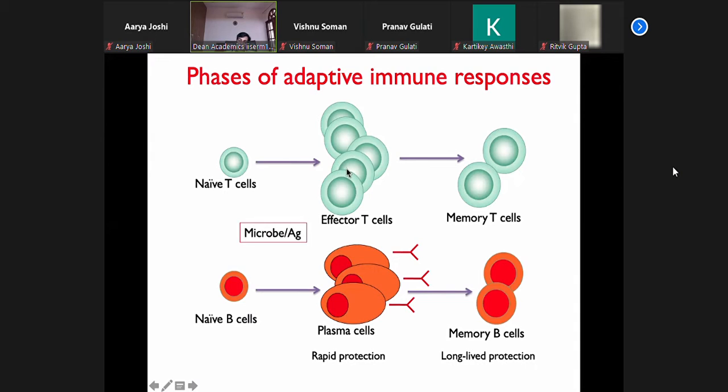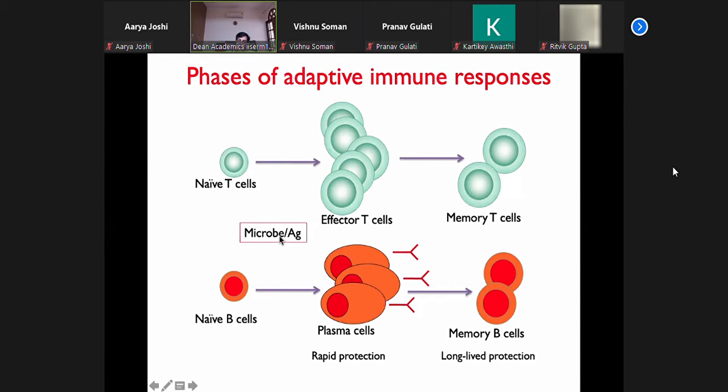They try to control infection by killing the target cells. Target cells means the infected cells or transformed cells. And a pool of those cells, which rarely accounts for 5 to 10%, then becomes memory T cells. And these memory T cells also come in different flavors. They can be found in circulation. They can also be present in your tissue, which we call tissue-resident memory cells, or circulatory memory T cells, right? Central or peripheral. So there are different nomenclatures, but the essential property is that they remain in the system